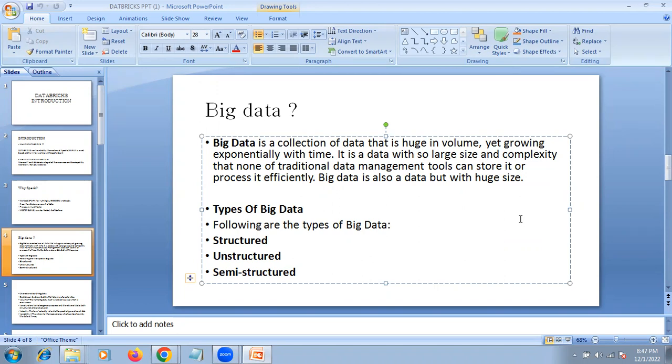So that will be called structured data. Everyone of you must have seen Excel files. In the Excel file, you can create columns on top, and you can write your column names over there, and rows will be there. So you can add some more entries over there. If the data is in a proper format, then it will be called structured data.